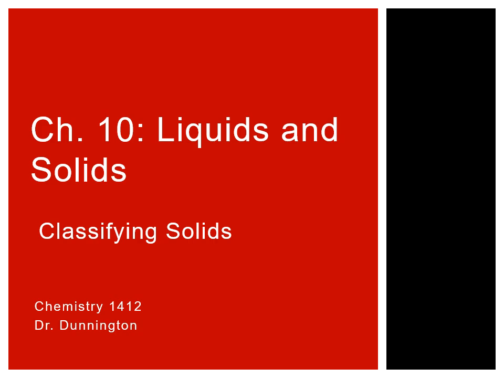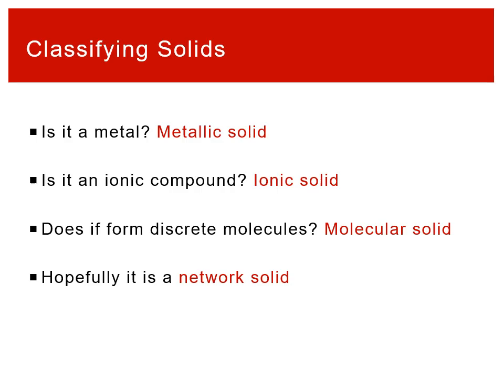Last thing we want to talk about with solids is classifying solids. So we know that the relative properties of a solid, is it really hard, is it probably not very hard, can be predicted based on the type of solid it is. So is it a metal? Is it ionic? Is it molecular? Or is it a network solid? And so we want to be able to classify our solids if you're given a molecular formula, make some predictions